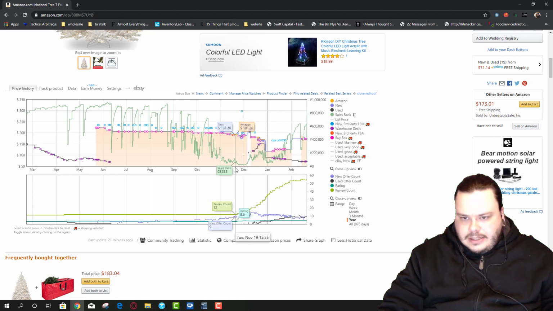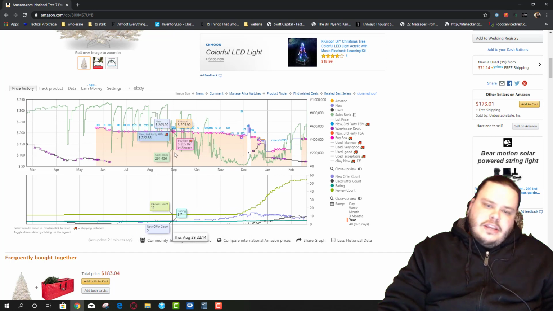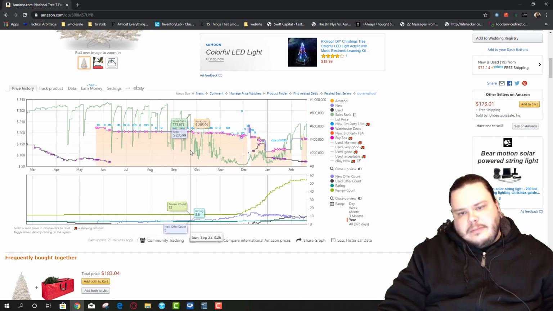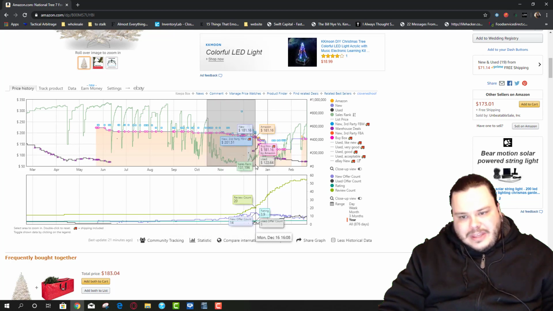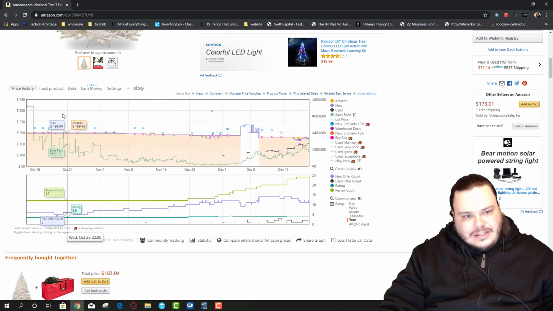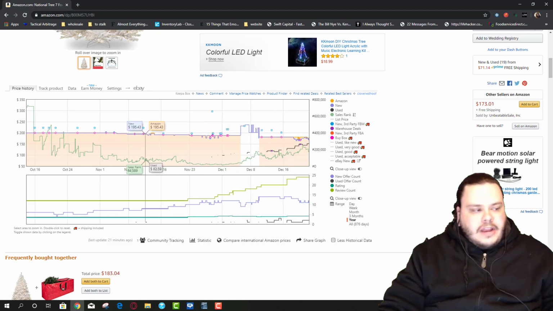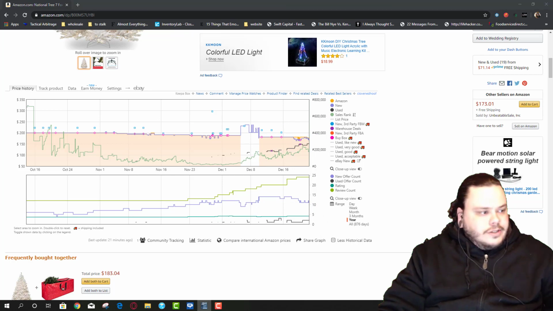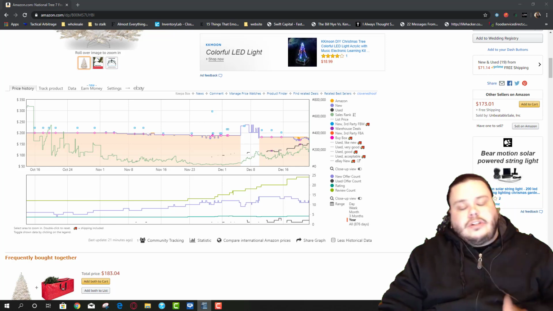Last year this went down real well. This was selling crazy. So if you scanned this item in September, it wouldn't be a good item to buy. You scanned it in October, that's not a good item to buy. But if you look at it with Keepa, that's a crazy great item to buy. And that's why it's so important. Do not use rank charts. They're not going to help you. This is the kind of analysis that will actually help you and give you an idea of what you're actually going to be selling on Amazon.